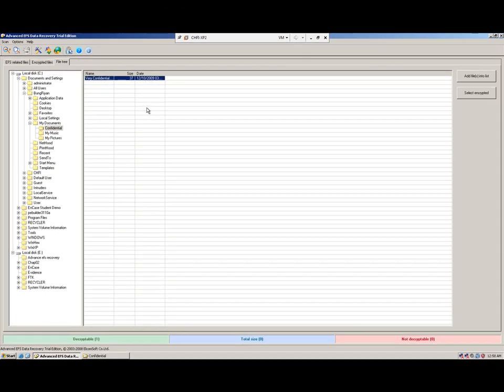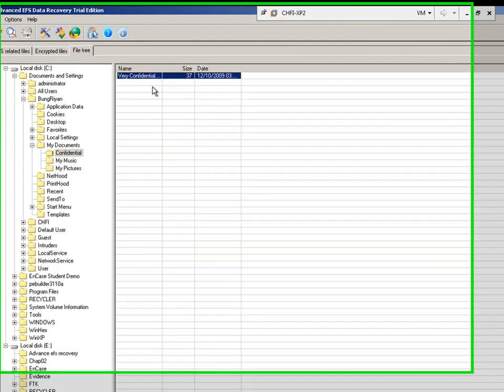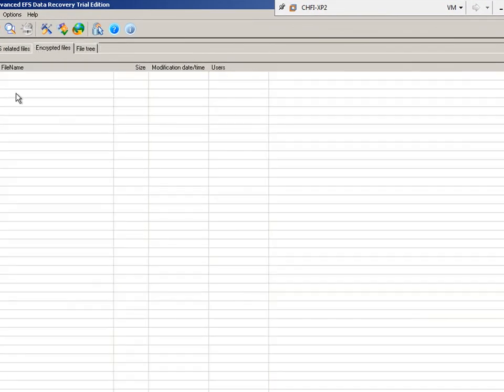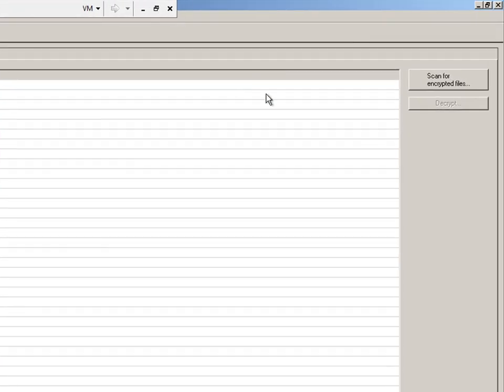If we want to decrypt them, we can just click Add Files into List, and then these files will be put into the encrypted files list. But I will show you how to scan for the files if you don't know their location.